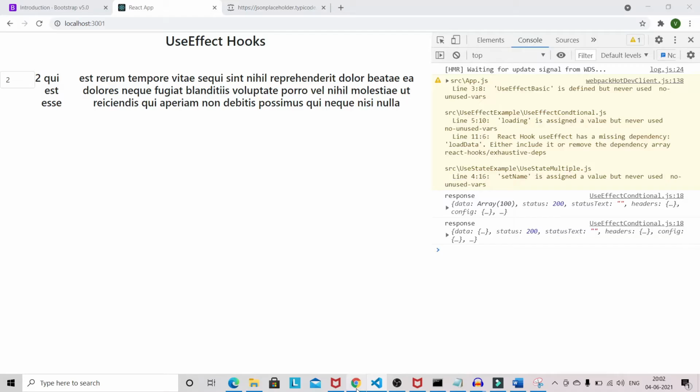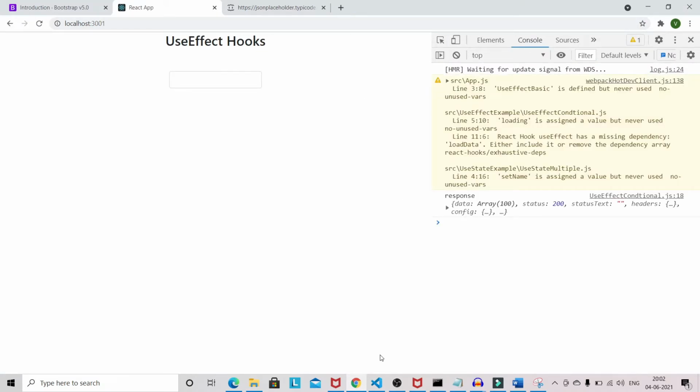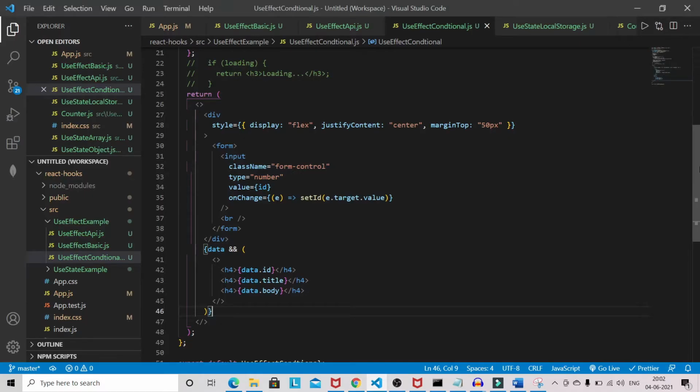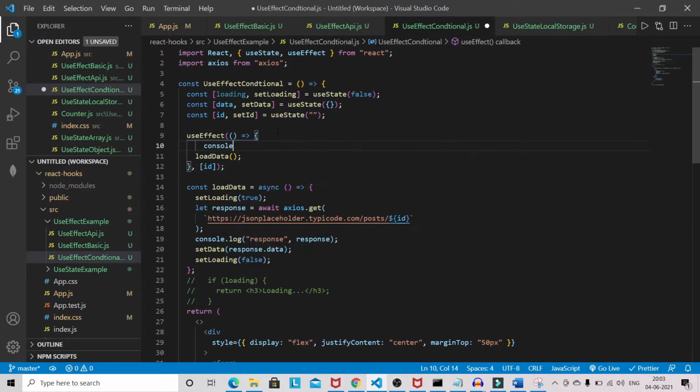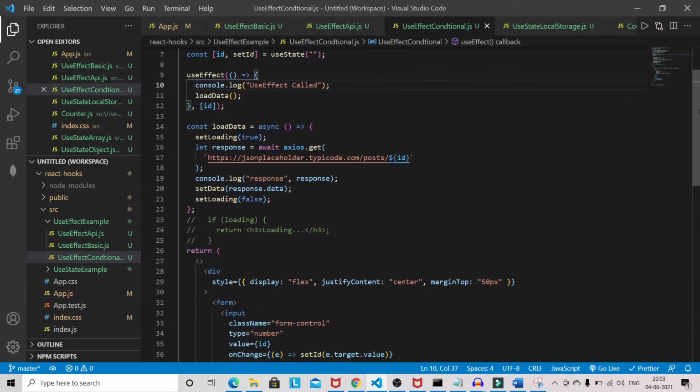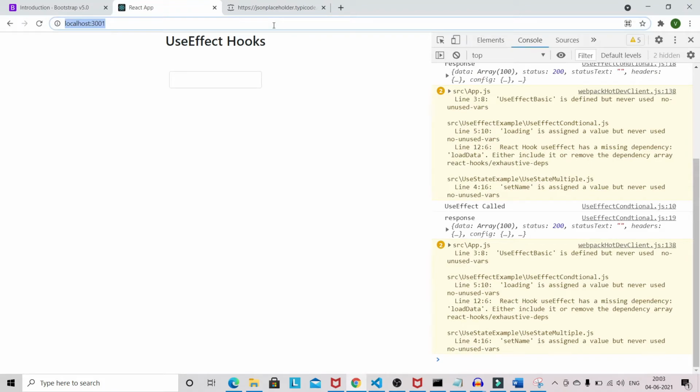Now let's see. And I will also put the console log in the useEffect, so you will get a better understanding: useEffect called. Now I will reload.